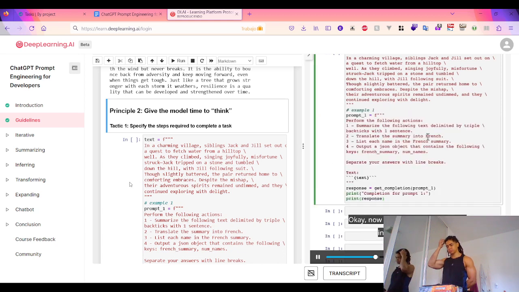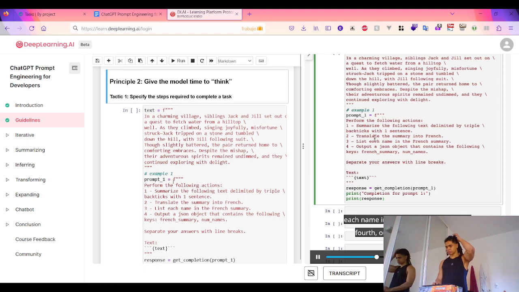In this prompt, the instructions are: perform the following actions. First, summarize the following text delimited by triple backticks with one sentence. Second, translate the summary into French. Third, list each name in the French summary. And fourth, output a JSON object that contains the following keys: French summary and names. And then we want it to separate the answers with line breaks. So we add the text, which is just this paragraph. So if we run this,